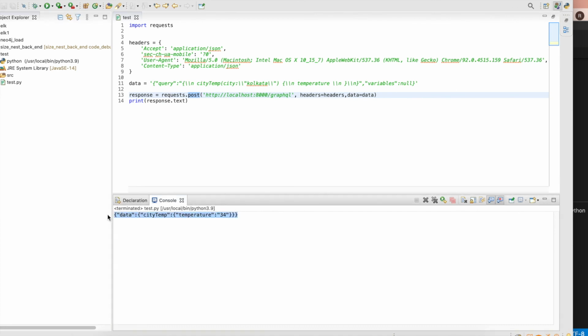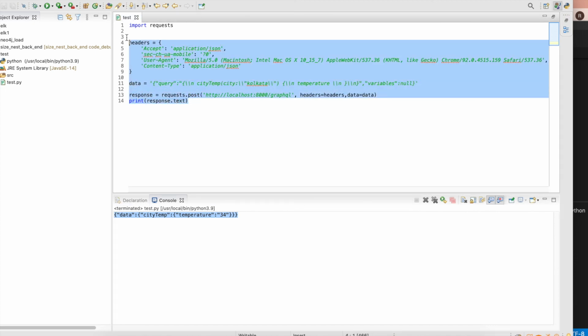Now if I create a UI in React, and you have given a small text box for your city, and below the text box you place a submit button, then on the click of that submit button, it is going to call this client.